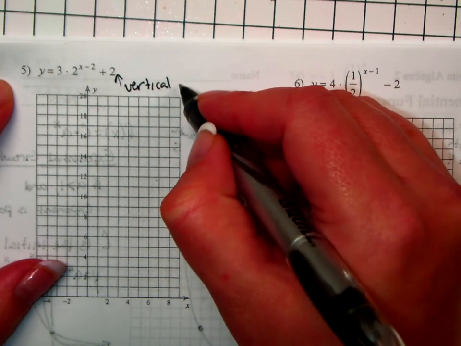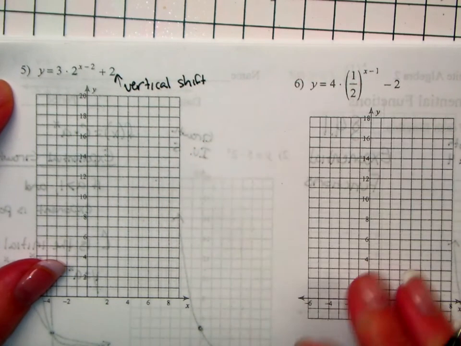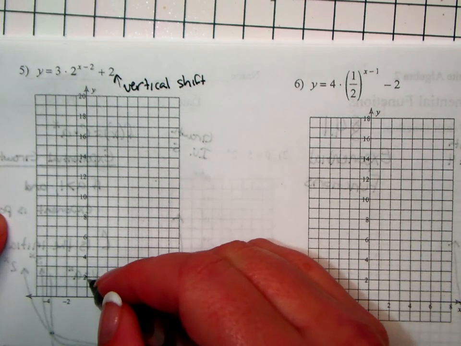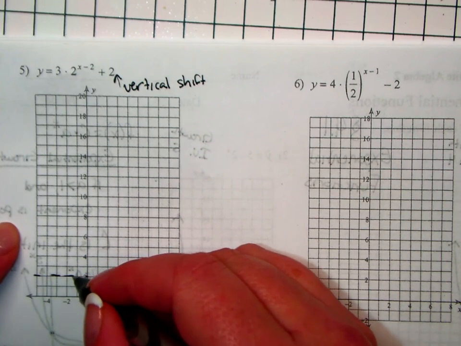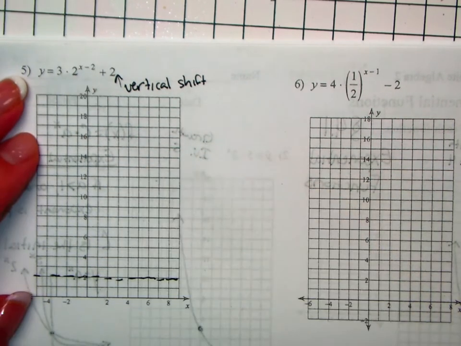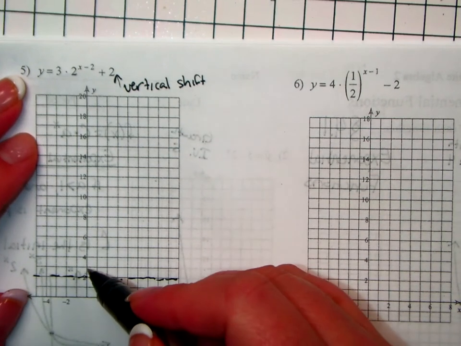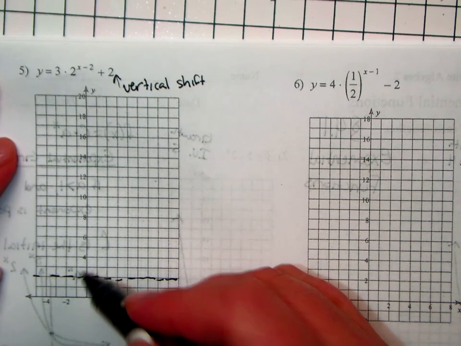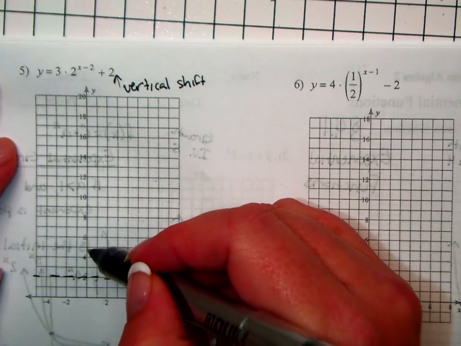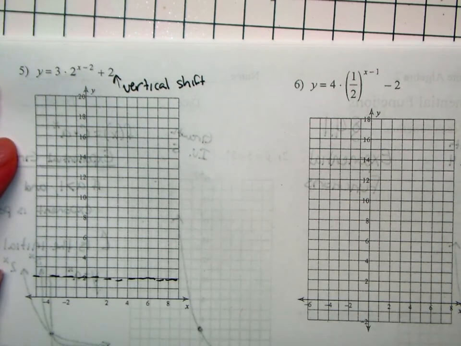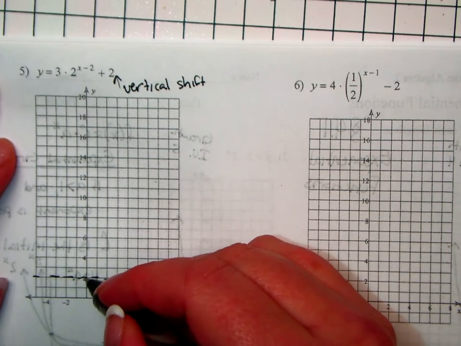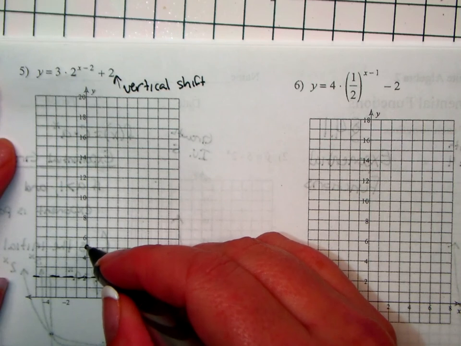And so this is going to tell us where to put the asymptote, right? So I'm going to start this graph off. Instead of putting the asymptote at 0, I'm going to put it at 2. Now this initial value of 3 is not the y-intercept in this problem. The initial value is how many units above the horizontal asymptote it's going to cross the y-axis. So since the initial value is 3, we're going to go 3 units above the asymptote here for our initial